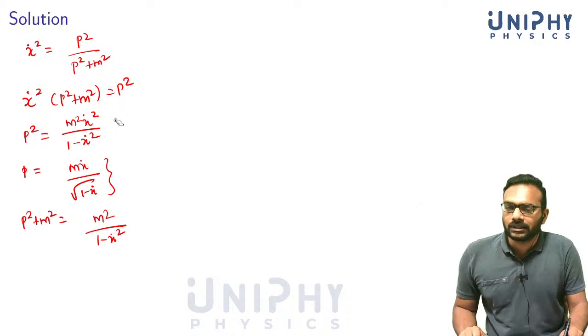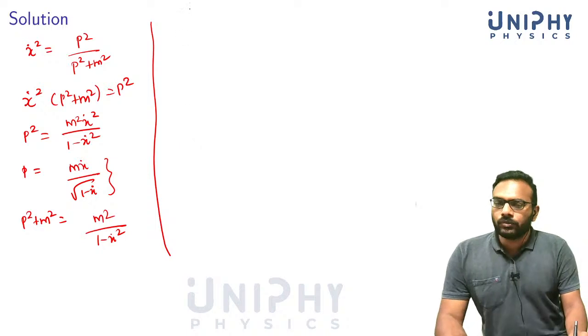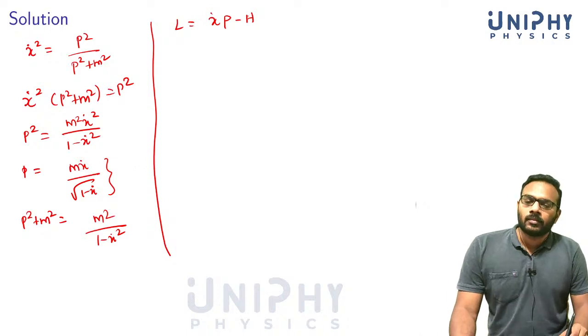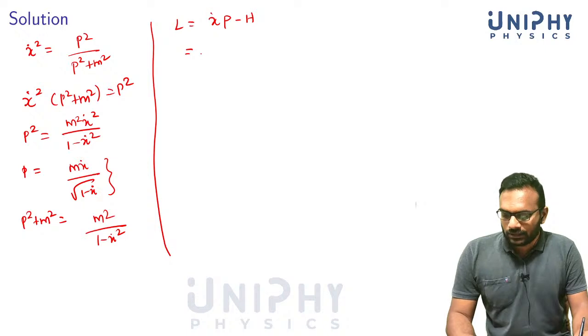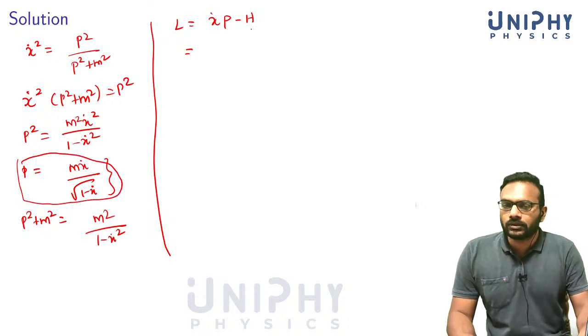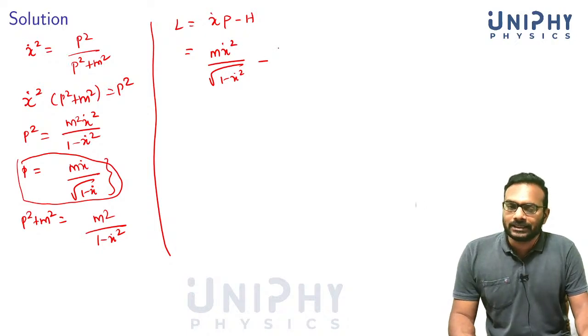Alright, you just add m square here and you'll get p square plus m square. Now we write our expression for the Lagrangian, that's x dot p minus h. And that's equal to, we have got p here, so x dot p would be simply m x dot square divided by square root of 1 minus x dot square, minus the h, given h is m divided by square root of